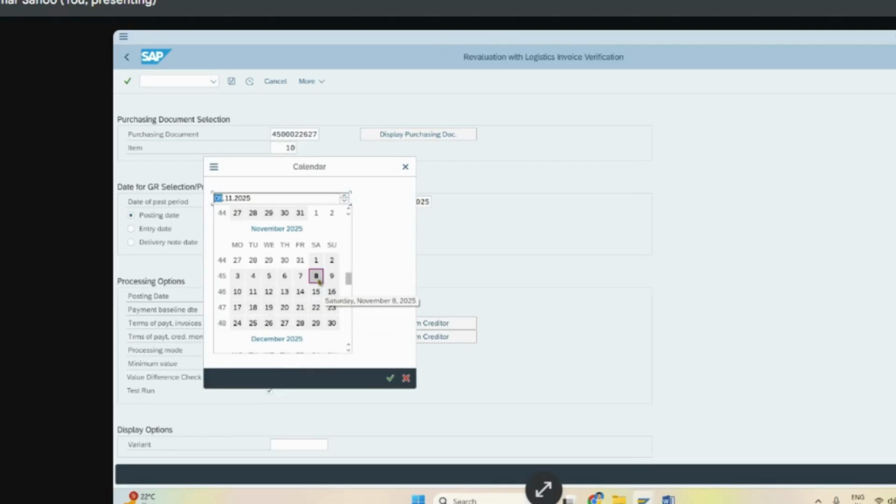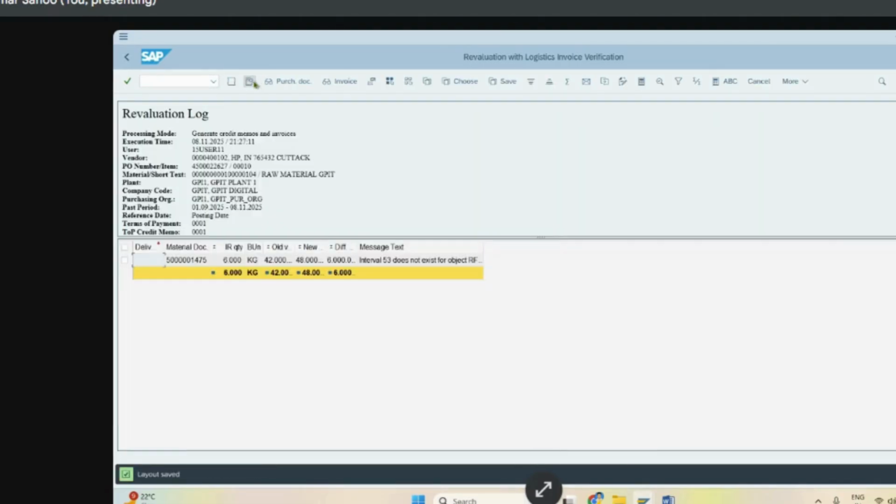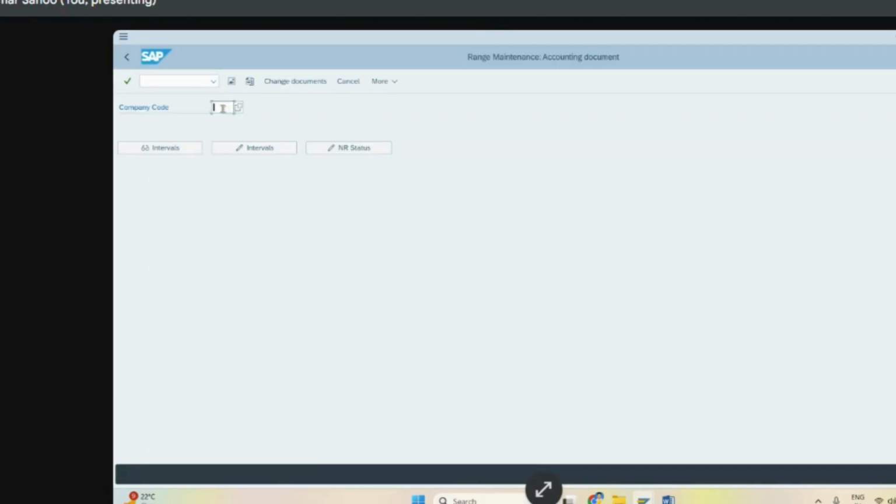Like in the invoice, where we gave the baseline date, similarly you have to give the current date as the baseline date, terms and conditions, and remove the test run. It is fine. So click on execute. Here also we gave the terms of condition for the credit memo, click on execute. Interval 50 does not exist. Okay, so for that you have to go for FBN1. If the interval does not exist, company code was GPIT, interval